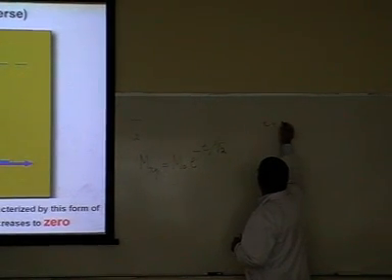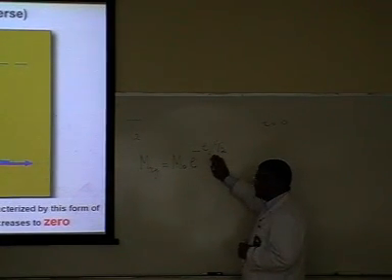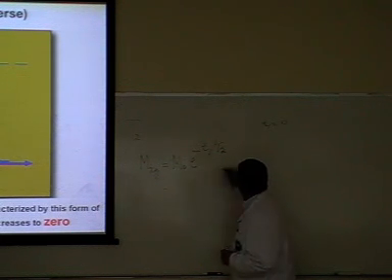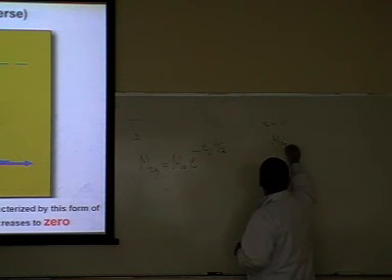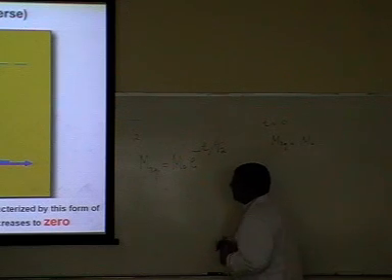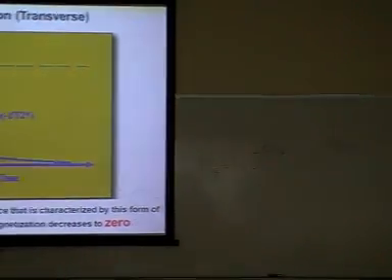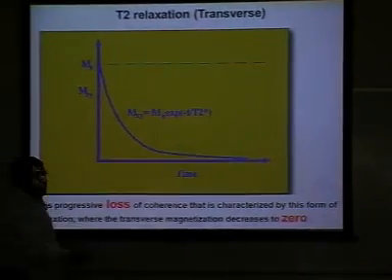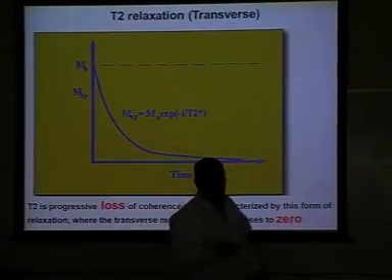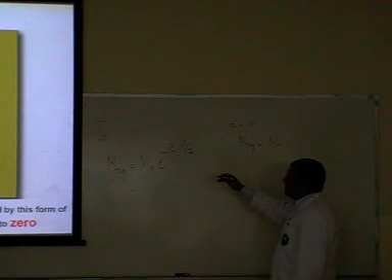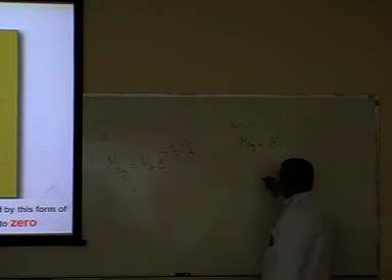Okay, so when t is equal to 0, what happens? Yeah, this is 1, right? And then Mxy is equal to M0. And that's exactly what we have. At the beginning, when t is equal to 0, the magnetization is maximum, at the initial value. And then, as time goes by, when it goes to infinity, right,